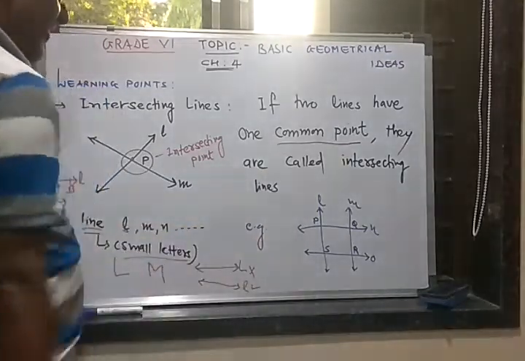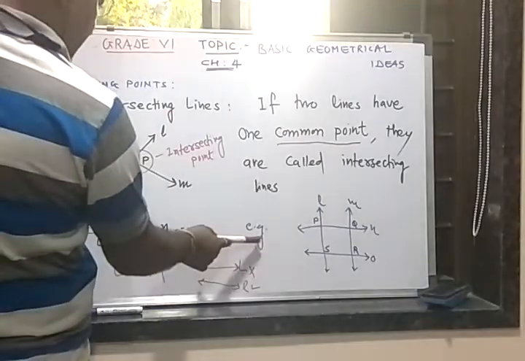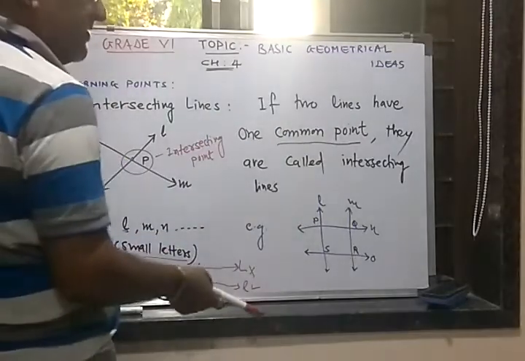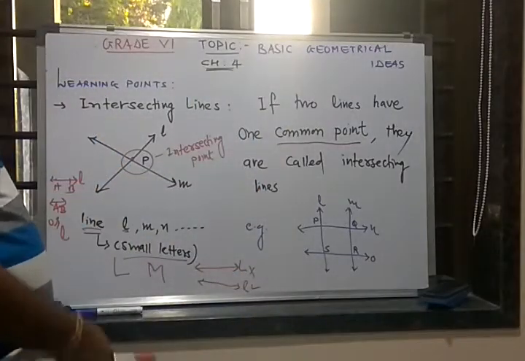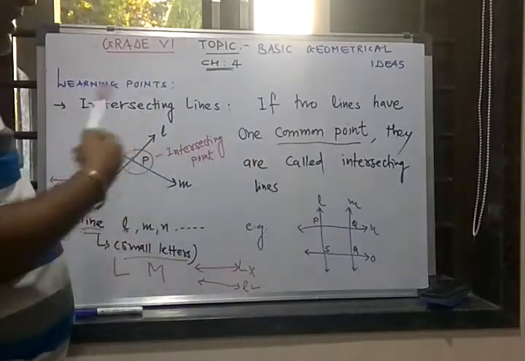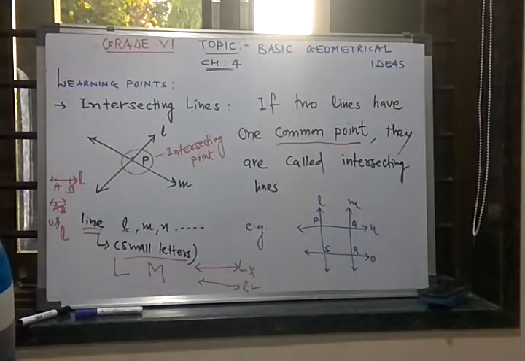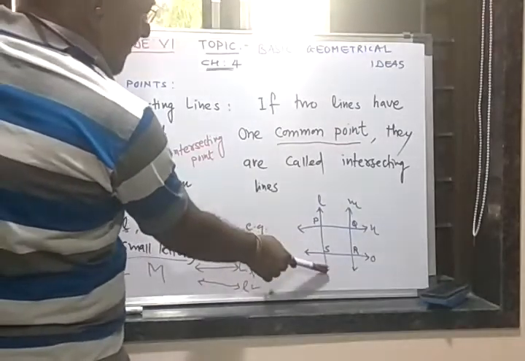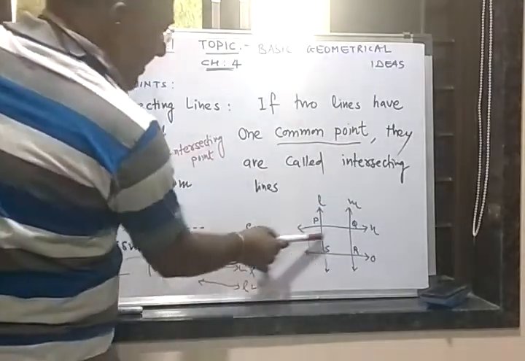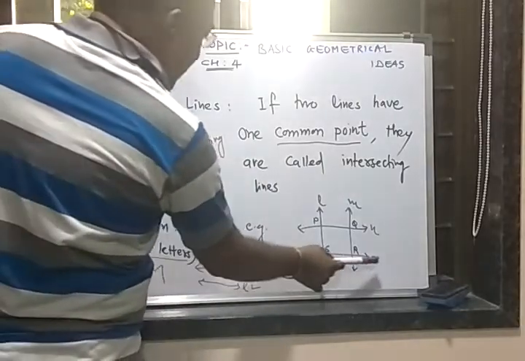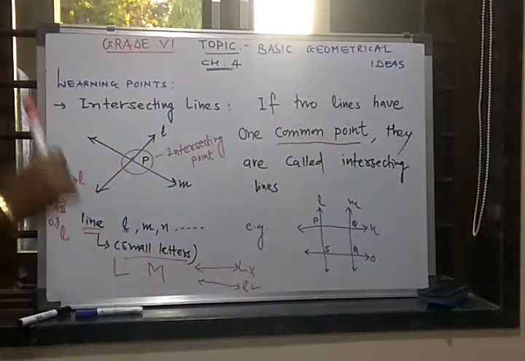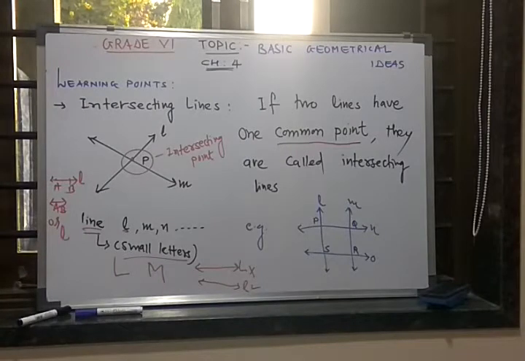Okay, let's identify the common points by giving this example. You see here, I have drawn some lines. They are intersecting one another. Here, first of all, students, you tell me how many lines you can see? Line L, line M, line N, and line O. Means 1, 2, 3, 4 lines are there. Now they are intersecting each other.